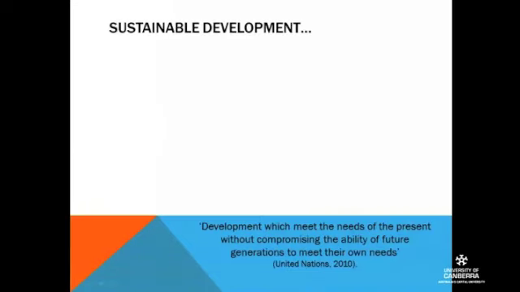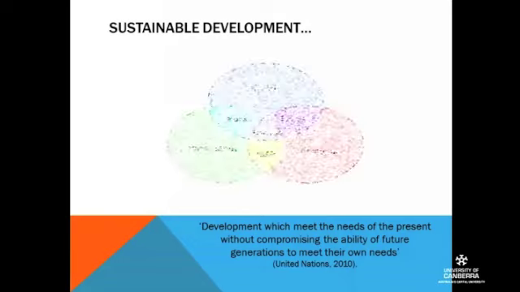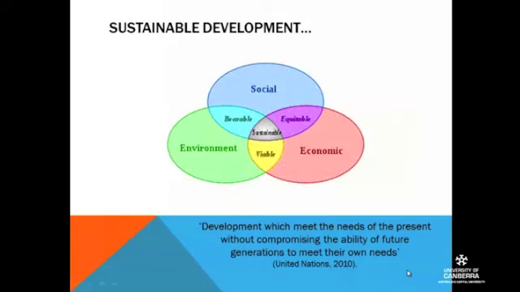What's sustainable development? It's development which meets the needs of the present without compromising the ability of future generations to meet their own needs. And we do have the 3 pillars of sustainable development: social, economic and environment, and how they go together. If they work well, and we do get the balance right, you do get the notion of sustainable in the middle. But I'll leave that diagram for you to look at a bit more.